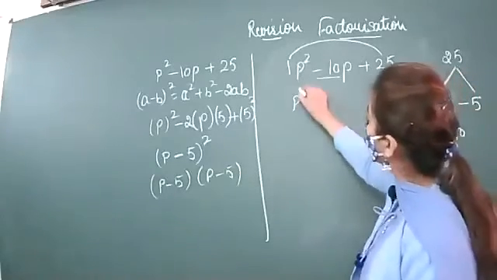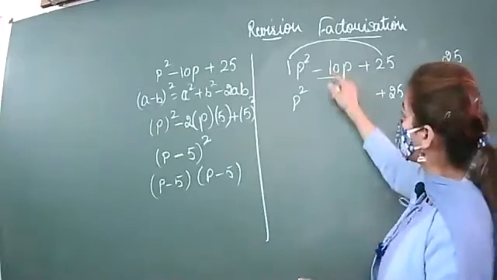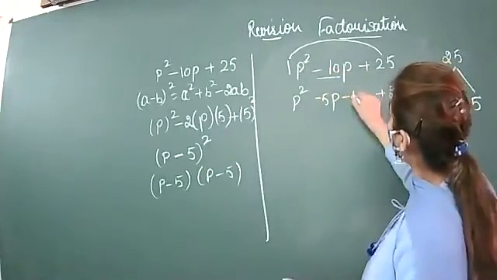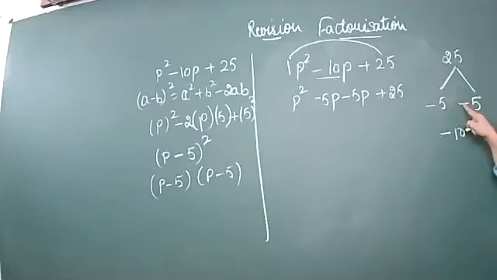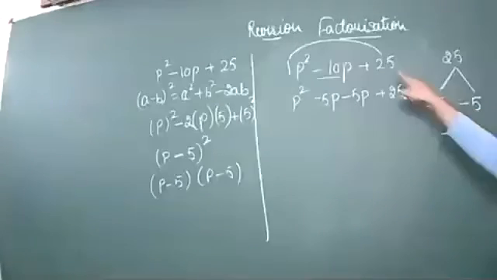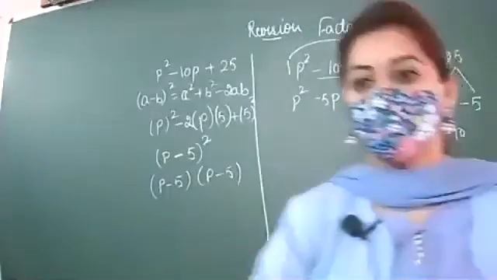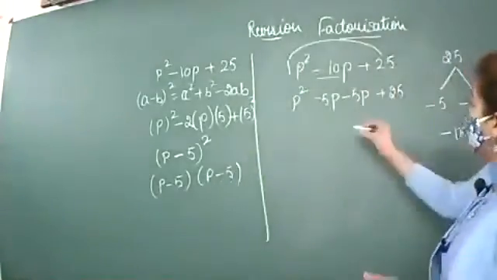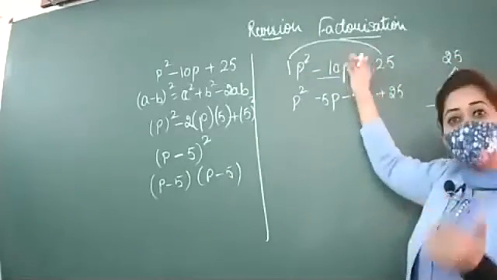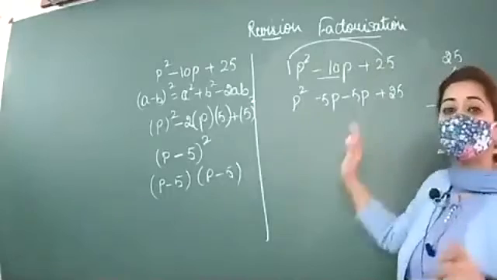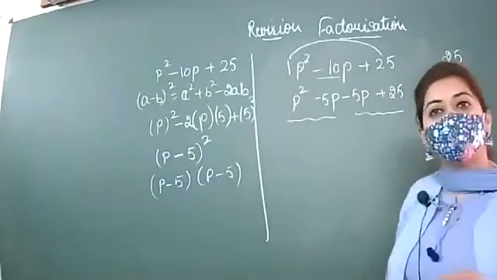So let's write the first term the same, the last term the same, only the middle term you are splitting. So write this into 2 parts, minus 5p, minus 5p. When you multiply it, minus minus is plus, 5 fives are 25. So that will give you 25 on multiplication, but on addition you will get minus 10. So now the question had 3 terms, but it has been changed to 4 terms. In the case of 4 terms, for factorization, you will make pairs of 2 terms.